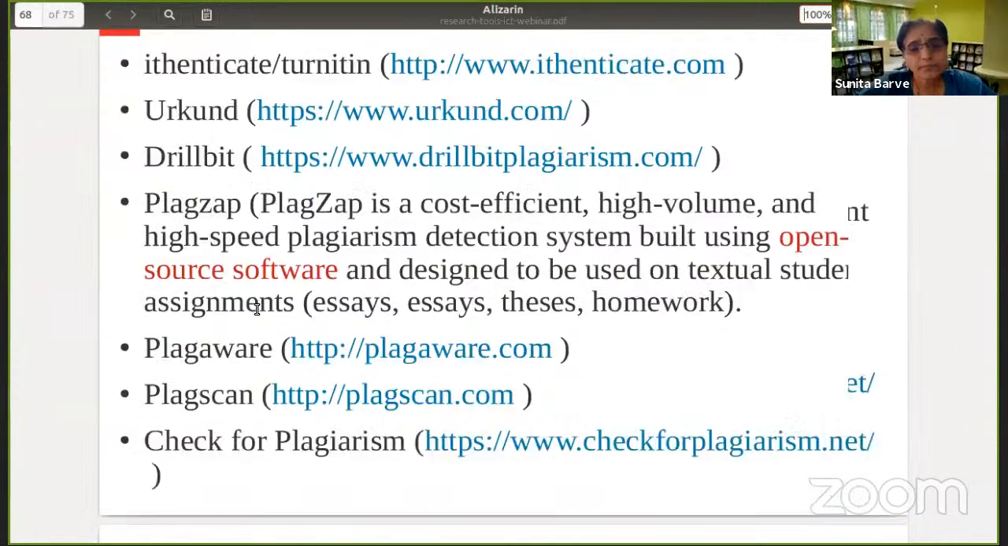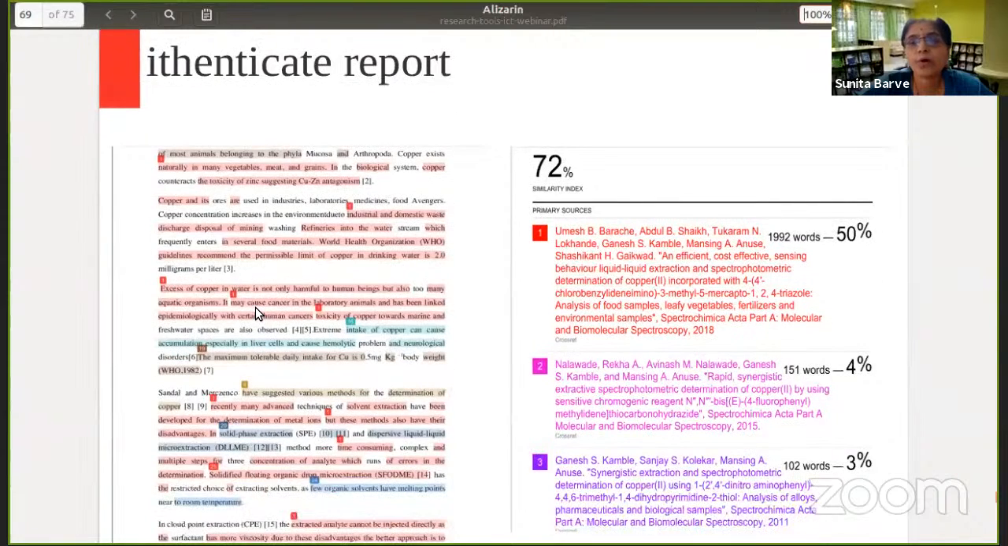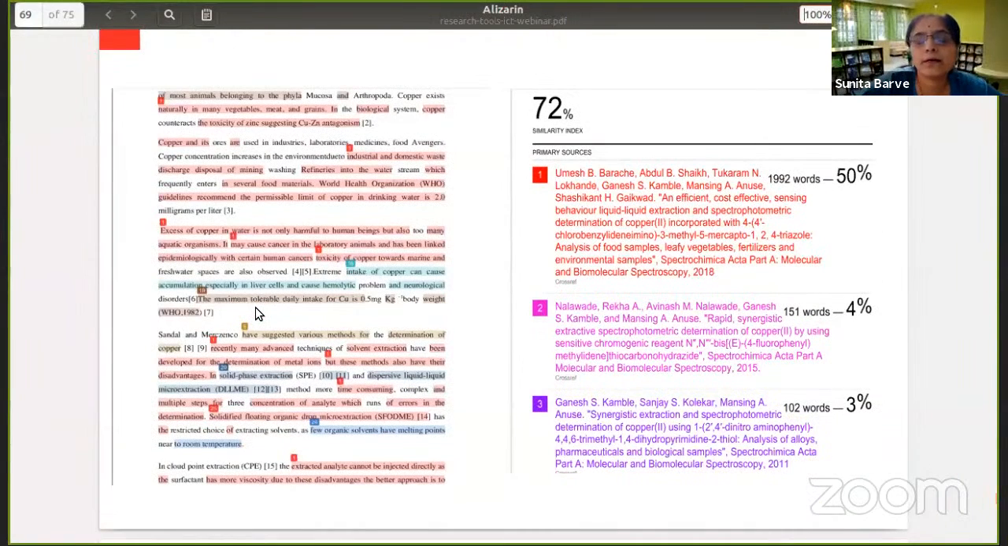And I just thought of showing you how the report looks if I'm using Authenticate. If you see this, this was a thesis which we had received in the institute, and there was a 72% similarity index. And if you see here how the similarity report comes out, so this author had really used